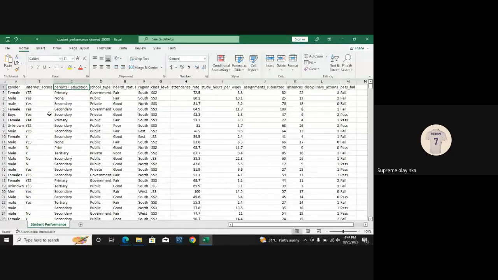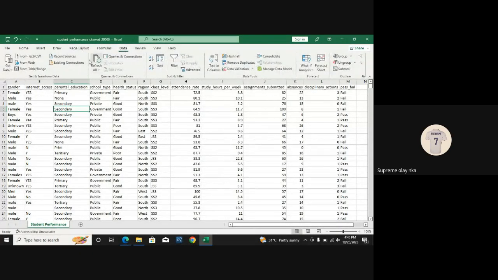So the next thing you want to do is click on the data. I told you what a range or a table means last time. A range of values is called a table when there is no empty space, and I know there is no empty space here. Just click on your data, then